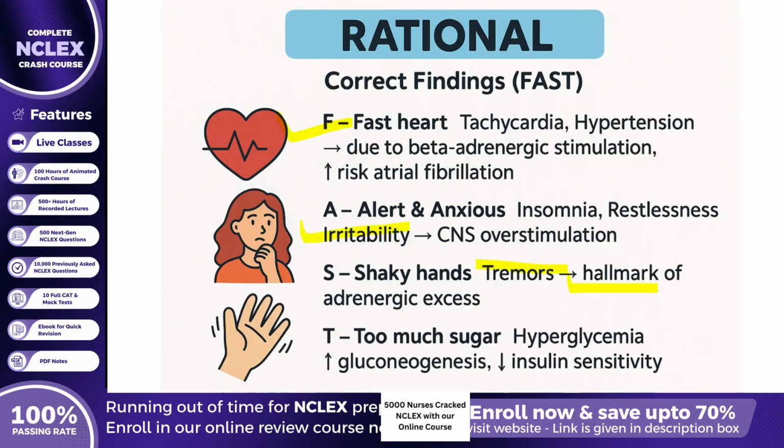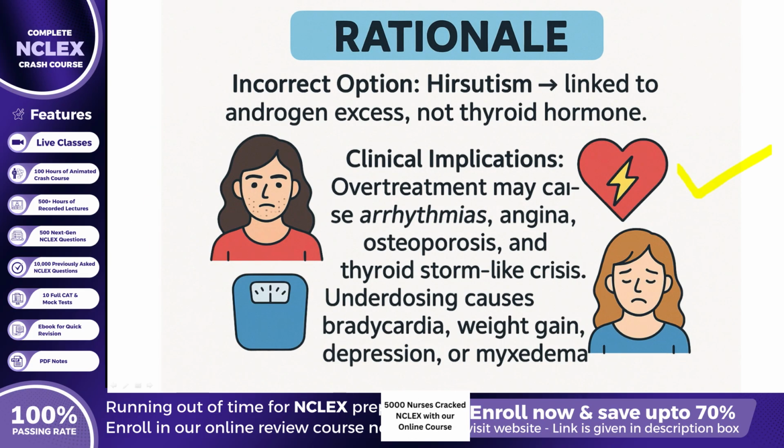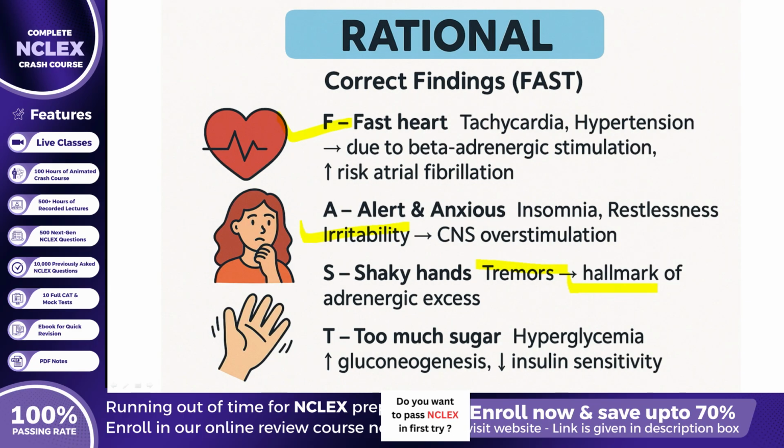Hyperglycemia, listed as the first option, is not a hallmark sign of levothyroxine overtreatment. While thyroid hormone can mildly influence glucose metabolism, sustained hyperglycemia is much more strongly associated with corticosteroid therapy. Hirsutism, presented as the fourth option, is likewise unrelated to thyroid hormone therapy. Instead, excessive androgen production, such as in polycystic ovary syndrome or adrenal disorders, is the typical cause of unwanted hair